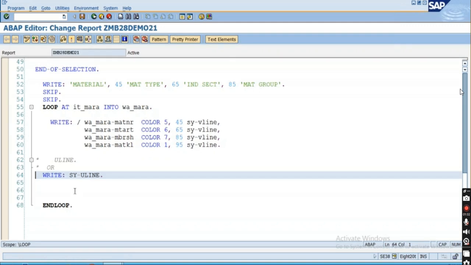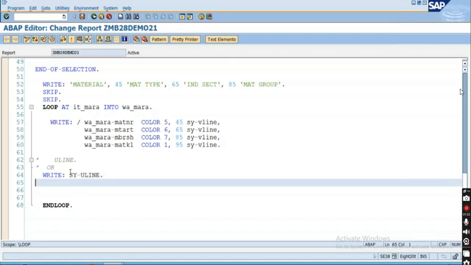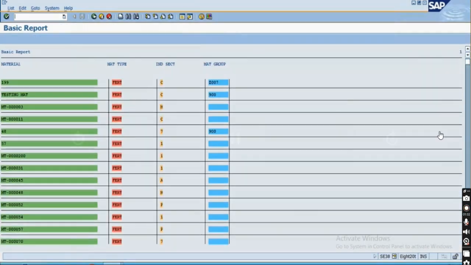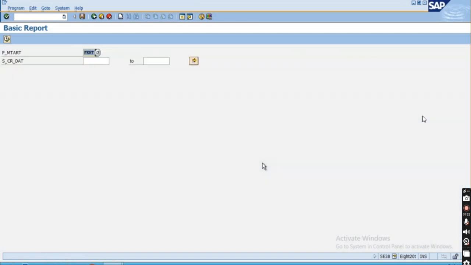Okay, fine. So now one more thing I would like to discuss over here. You can see that here we are having some extra lines coming over here. This is the extra line which is coming. So you want to remove this line. So what you can do is,